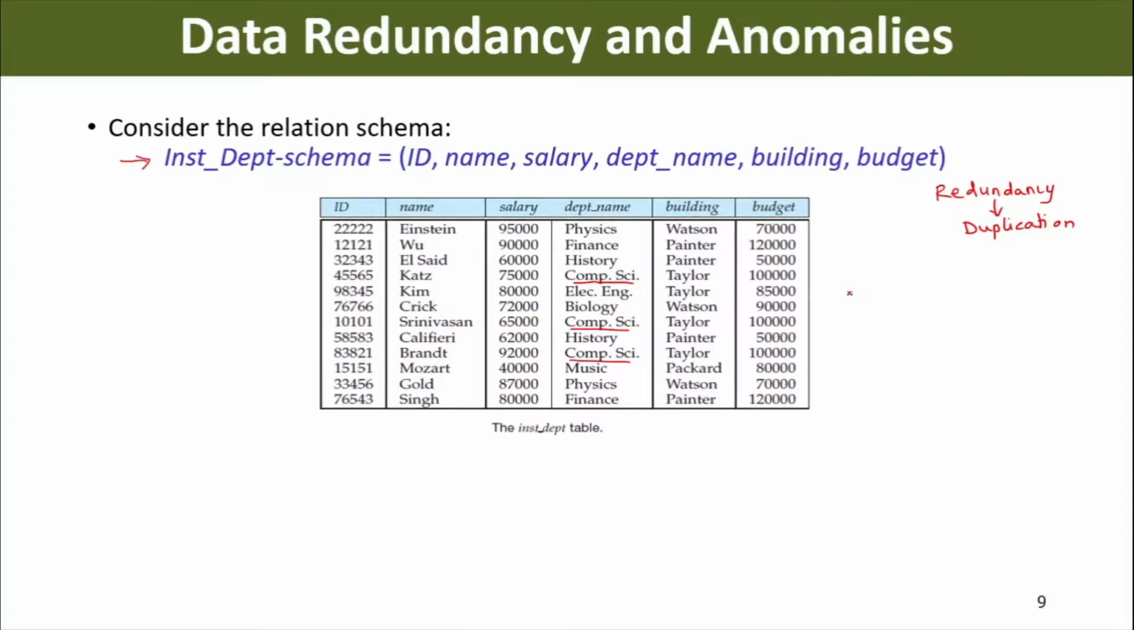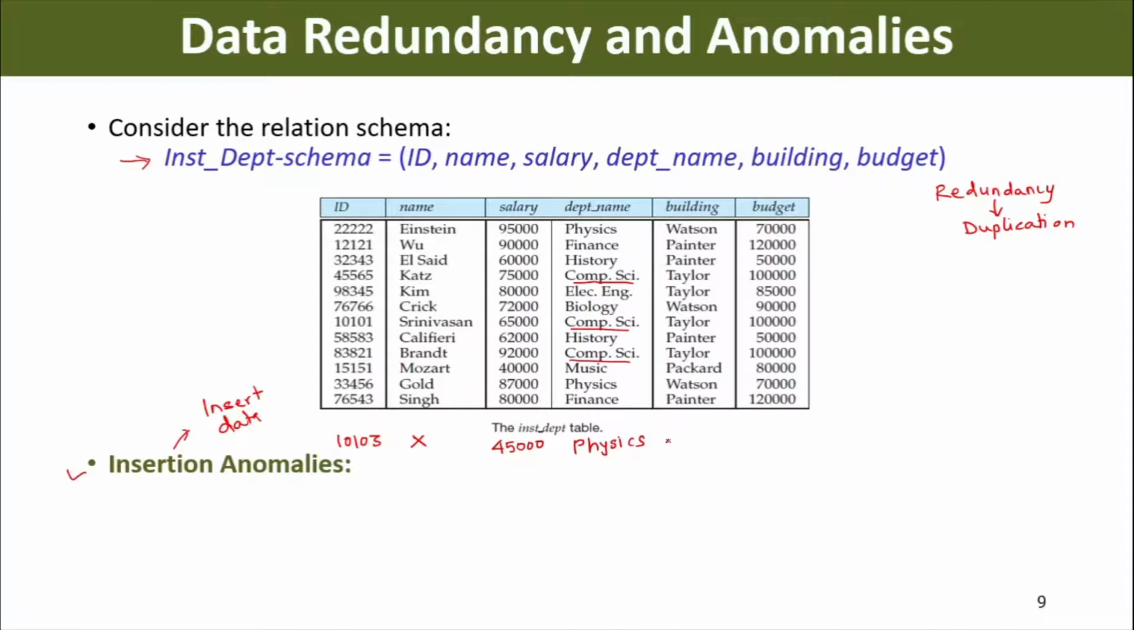So let's see first what we mean by insertion anomalies. What are insertion anomalies? As the name suggests, if I try to insert data in this relation, say for example, that we are inserting an instructor with instructor ID 10103, name of the instructor say X, salary say 45,000, department of the instructor say physics,